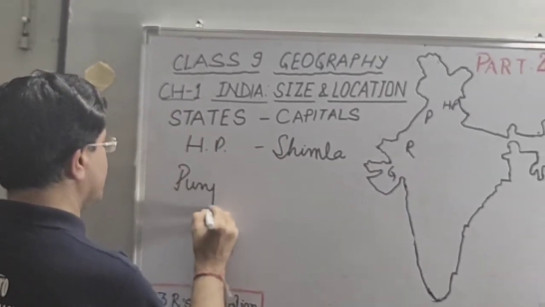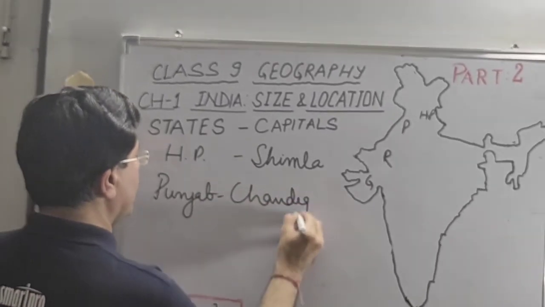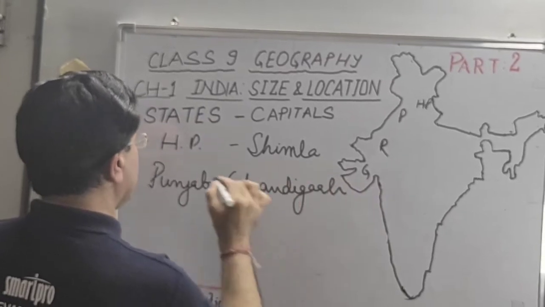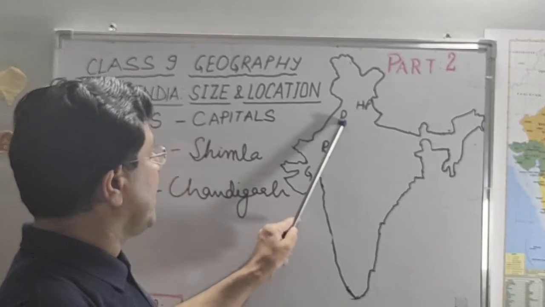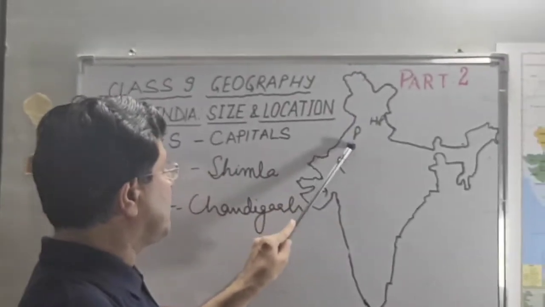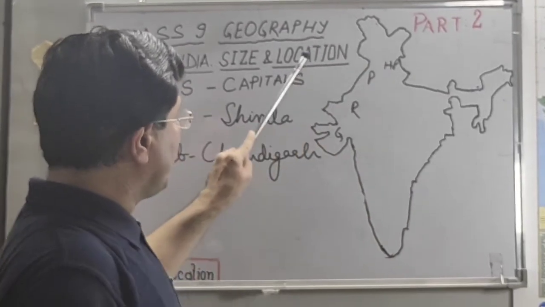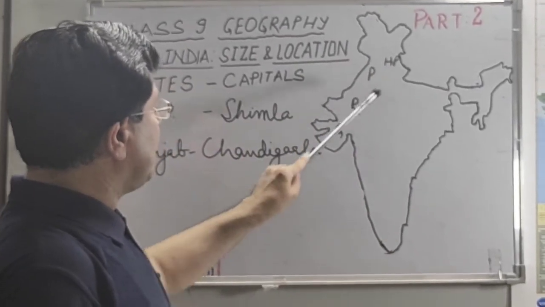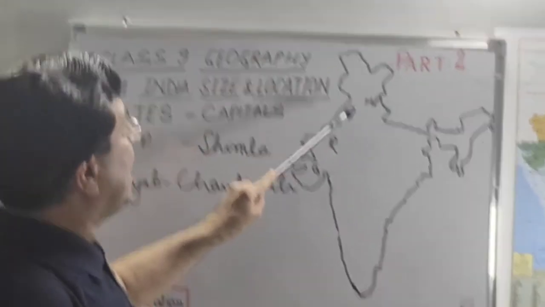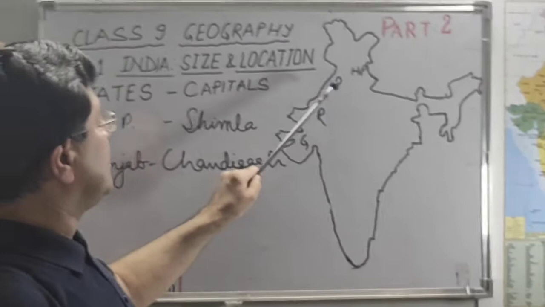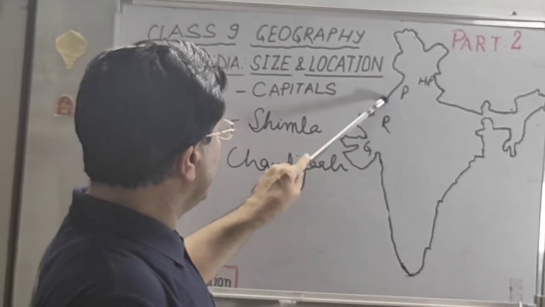And then we have Punjab. Its capital is Chandigarh. Punjab is a name the state has derived because it is the area which was a part of a larger Punjab earlier. You know, before partition we had a larger Punjab. After partition we had some part of Punjab, and later from Punjab, Haryana was also carved out.